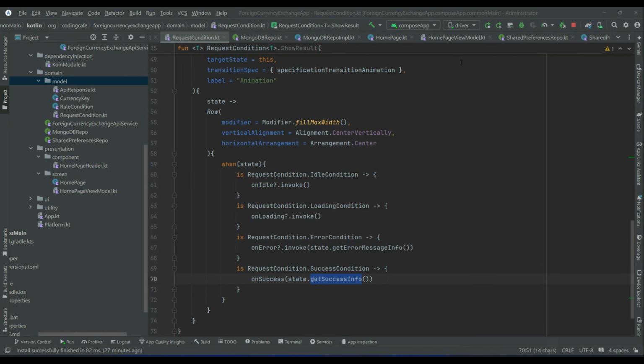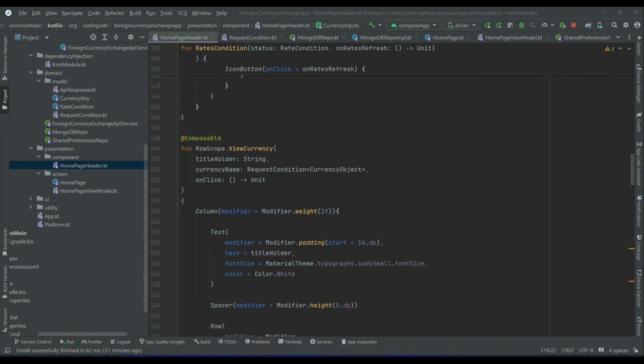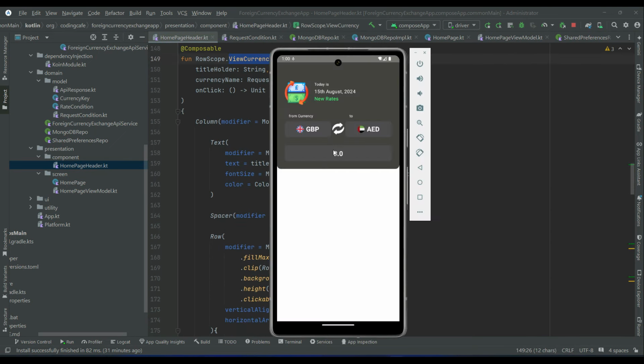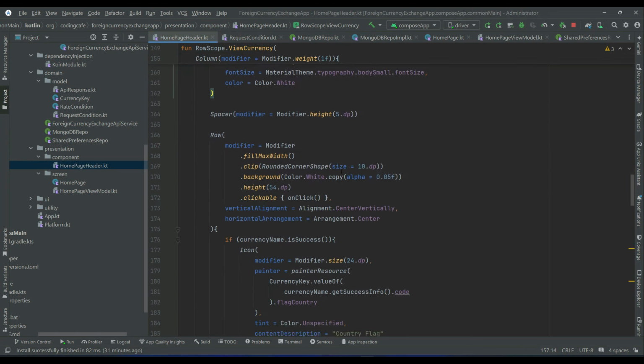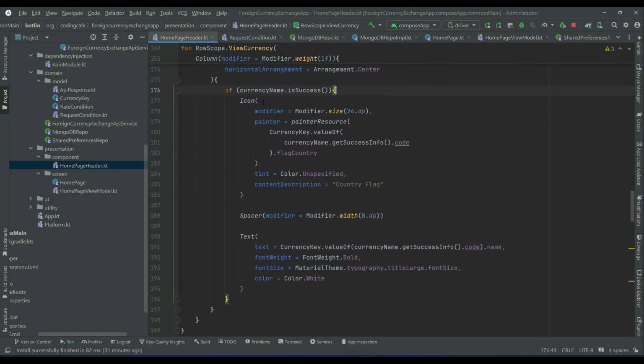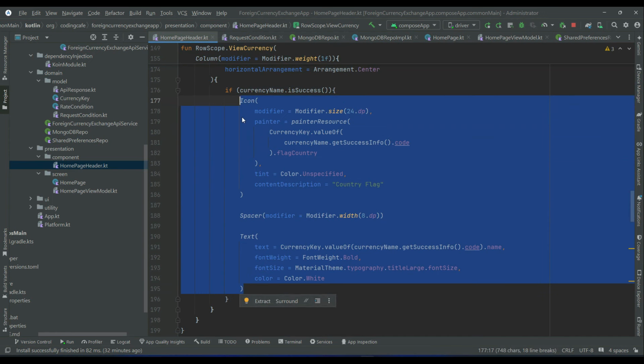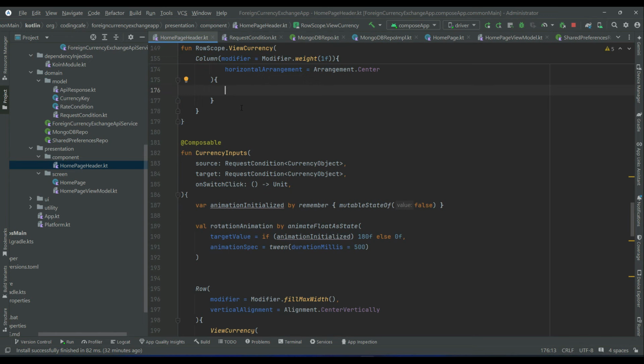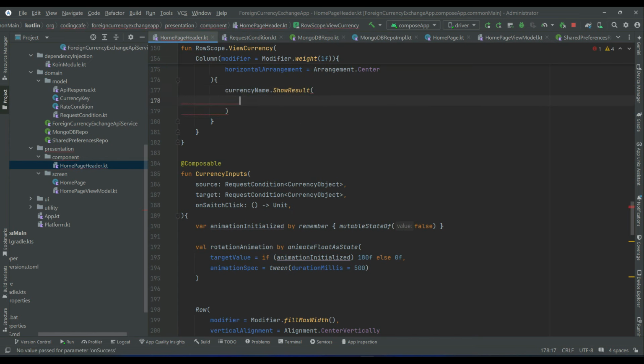Now go to the header, homepage header. Let's apply those animation on our view currency, which is our this currency view. So what we can do here is, instead of this, if currency name is success, we can cut this out. Okay, cut this code, control X. Instead of remove this if condition, and instead we can say currency name dot show result on success,